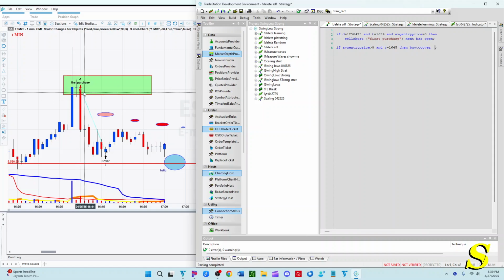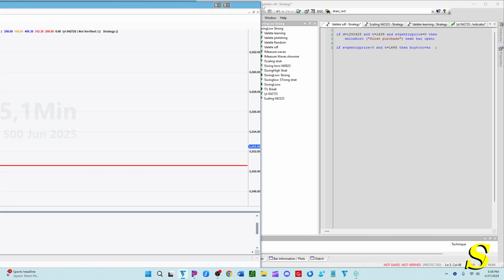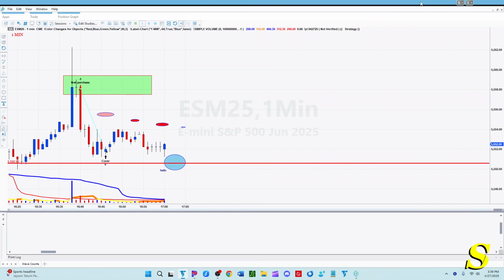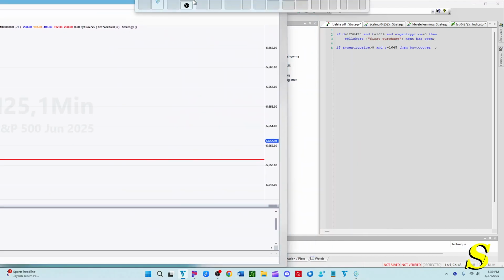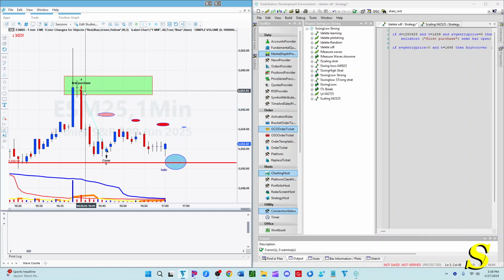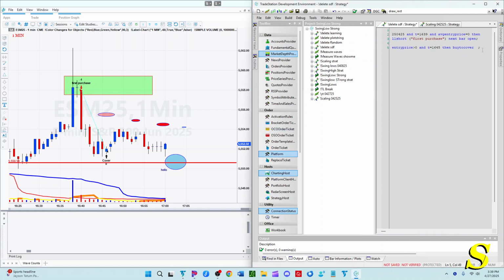So the bar that I bought on was this bar, and the entry time was here. Entry price was $57.91 or so, something like that, right? So the way I think it works is you should be able to say entry price is greater than 0, and time is equal to 16:45. Then, we don't need the time, not the way we're about to do it, because we're going to use a stop. So we're just going to say if the entry price is greater than 0,